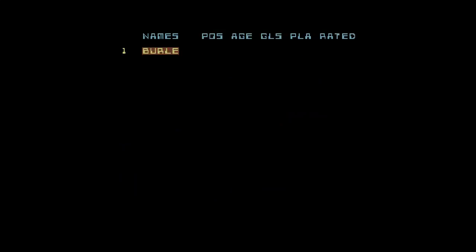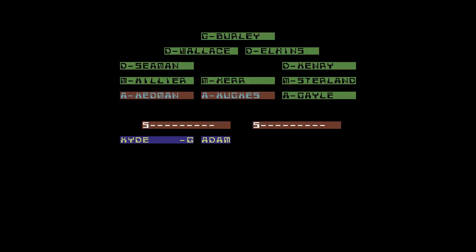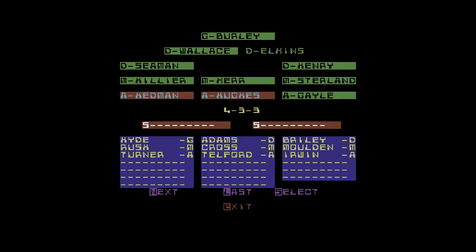So let's change the team. Let's see how everybody's doing. So I've got 2 injured players, haven't I? So yeah, it's a lot different than somebody just giving you a rating. So I need to swap my players. So let's have a look at Mr. Adams. Oh, is it not Adams? Is it Headman? So he needs to be swapped with